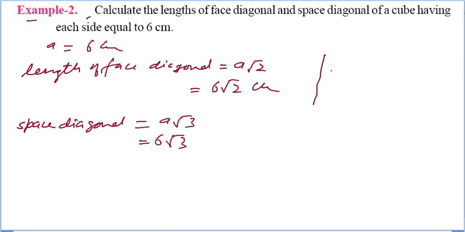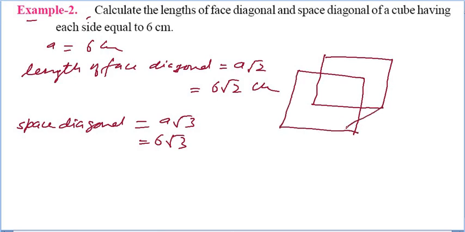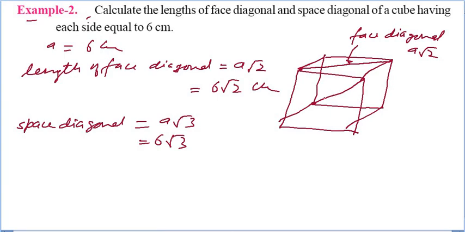You can check what is the space and what is the face. So you can see here, this is your cube or cuboid. So this one is the space diagonal and face diagonal is looking here. This one is the face diagonal. So you can say it is the face diagonal and length of face diagonal, that is the A root 2. And this one, it is space diagonal and length is A root 3. So you can do this one.